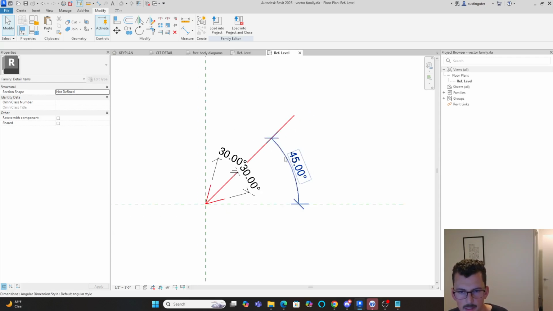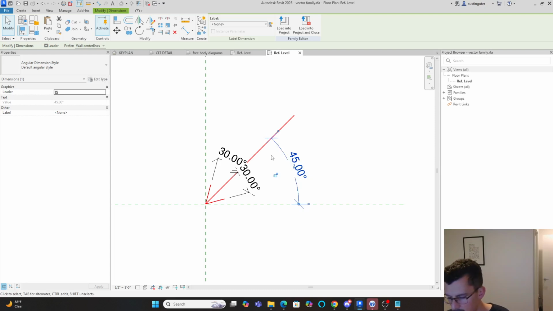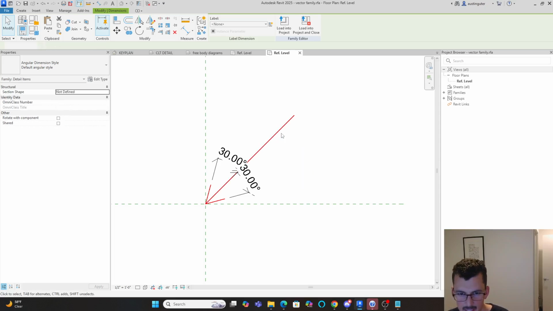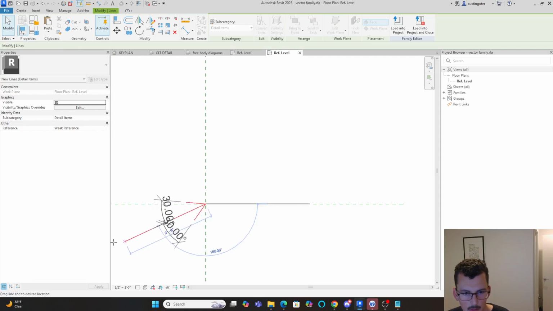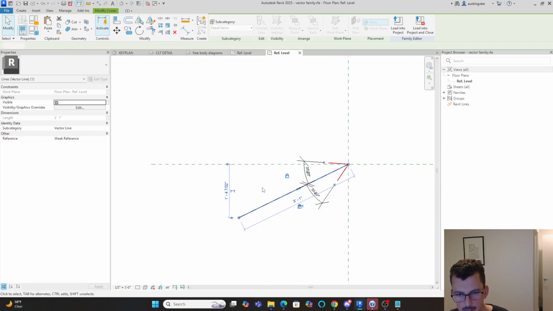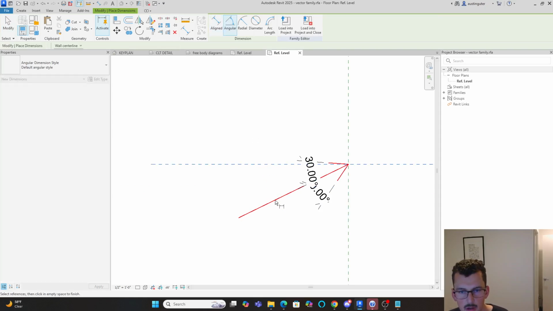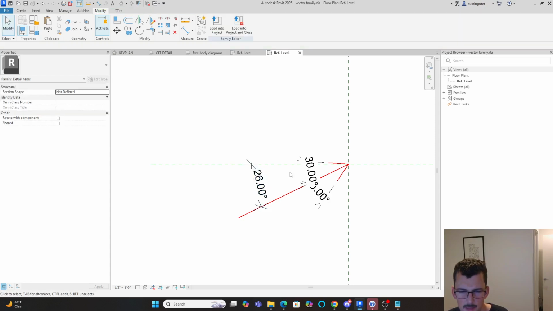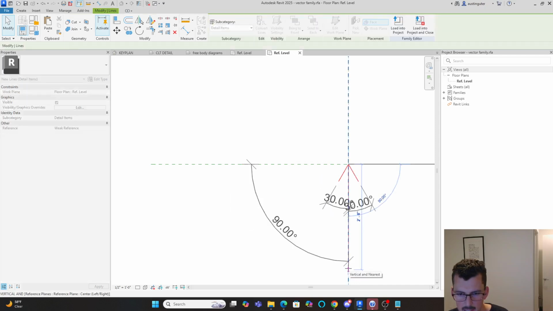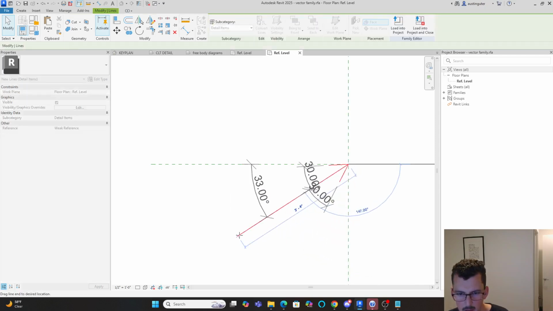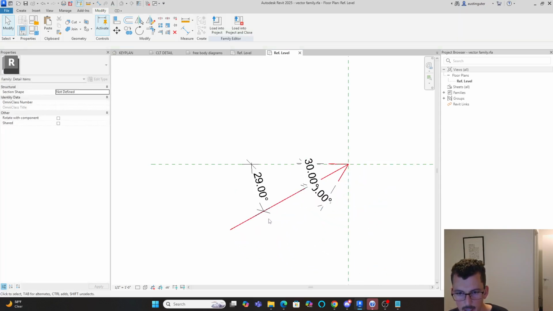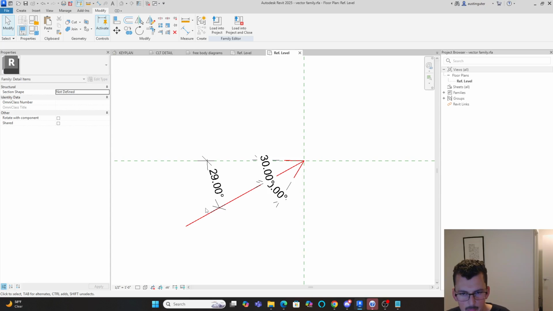I also kind of want to move this around. I want X and Y to be kind of positive by default. So let's do this, move this over to here, and then measure our angle from there. I'm trying to remember, cosine is positive here, sine is positive as well. Once you get to 90, yeah, so I think that will work out well. We'll double check this once we're in the family environment. Okay,